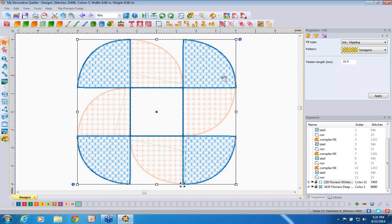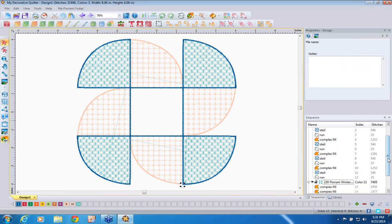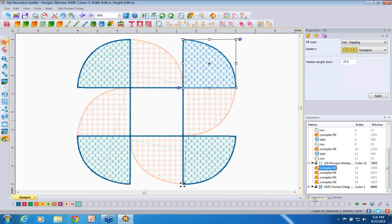So we are going to come down here to the middle color here, color number 11. We're going to open it all up so we can select all of the complex fills. I want you to come here and select the very first one, which should be the one in the upper right corner here. Again, we're going to click our Shape tool because now we want to adjust the start and the stop points. And again, you can see the start and stop points. And what we want to do is